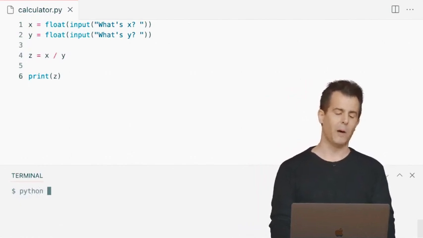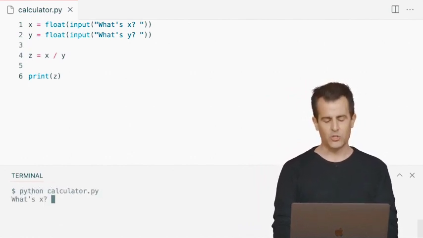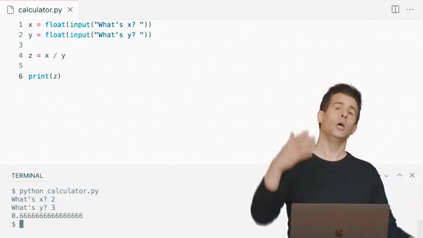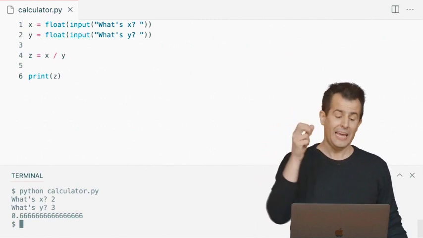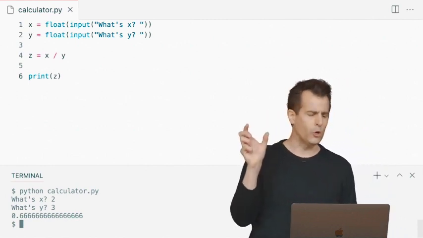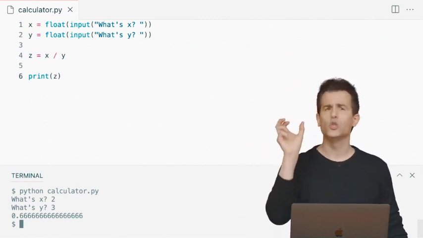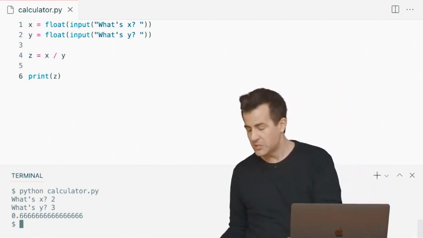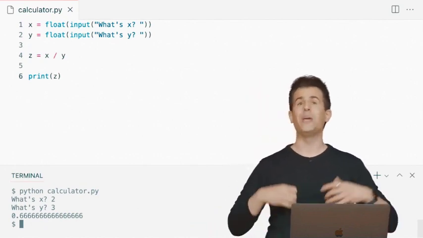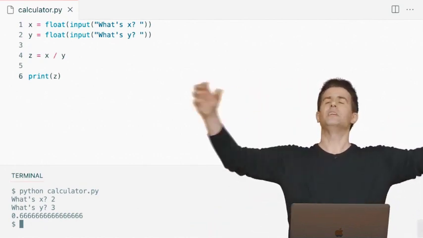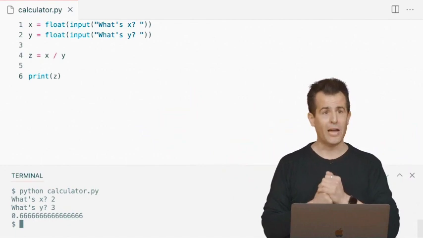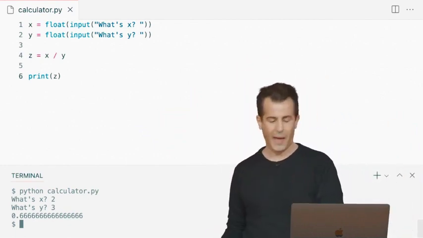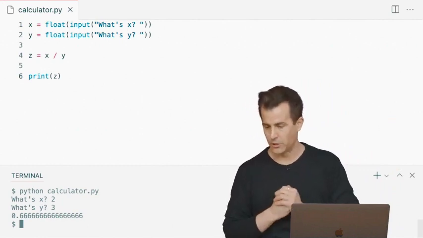What are we going to see here? Well, just some simple division. So python calculator.py, let's do something like 2 divided by 3. And of course, I get 0.66666. And to Ethan's question a moment ago, it does seem to be finite. It's not rounding in a weird way here, but I only seem to see so many digits. That's an inevitability of using a float in this way. By contrast, integers nowadays in Python can be as big as you want them to be. Unlike other languages, there is no upper bound on how big an int can be in Python, but there is a bound on just how precise a floating point value can be.